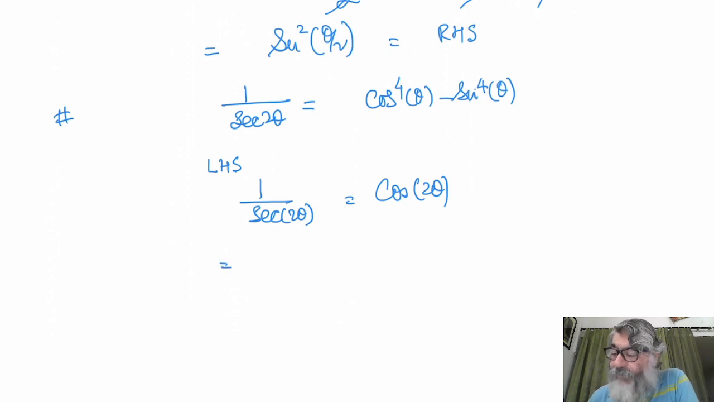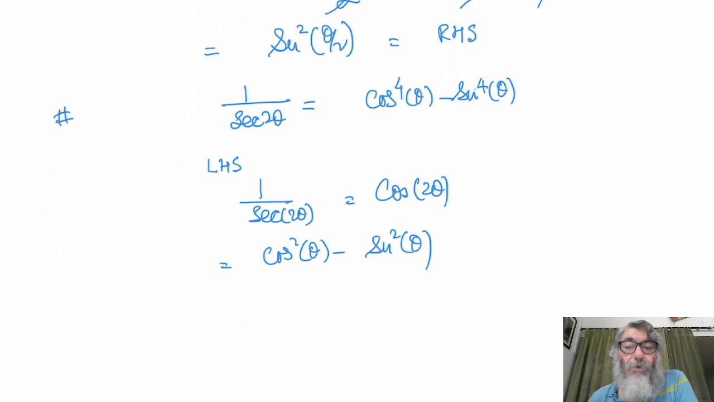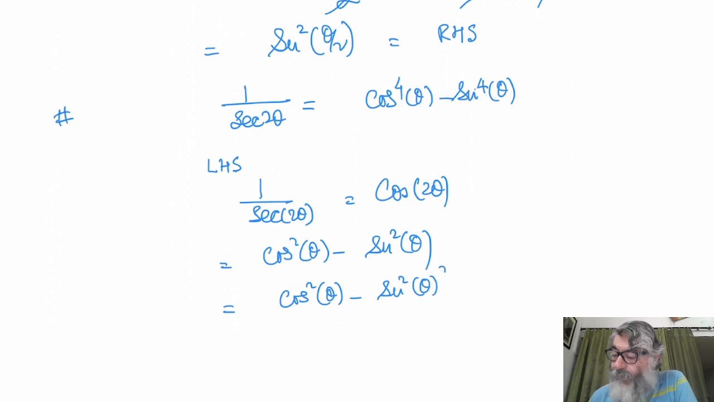What is the formula? There are three formulas for cos 2 theta, but it is cos square and sine square. So let me write cos square theta minus sine square theta. But your answer is in terms of power 4. So what I can do is multiply it by 1. Cos square theta minus sine square theta is one factor, and I multiply it by cos square theta plus sine square theta,